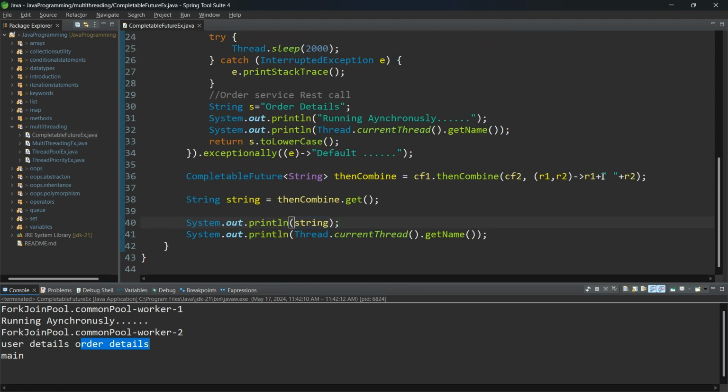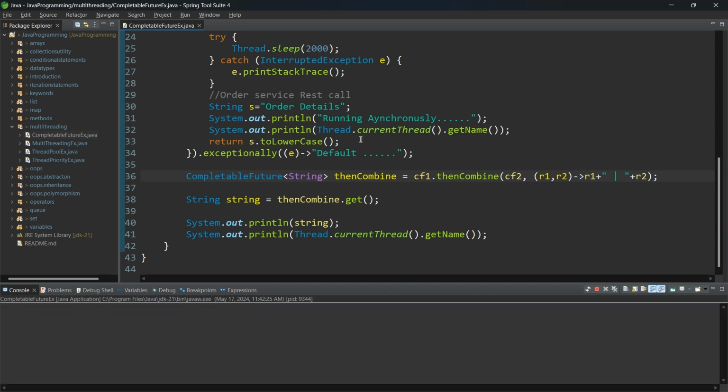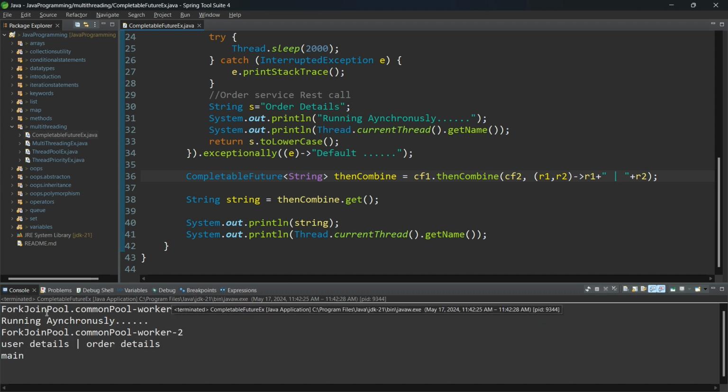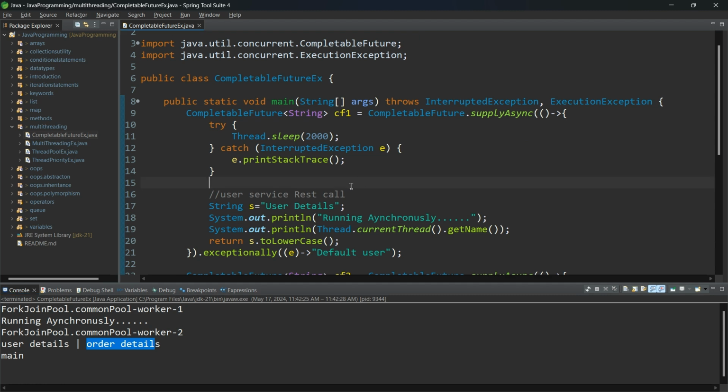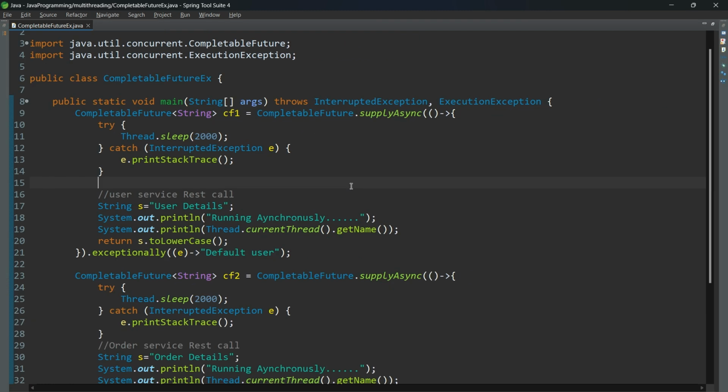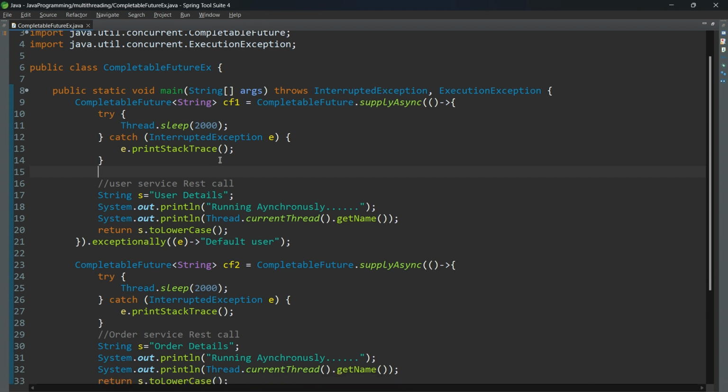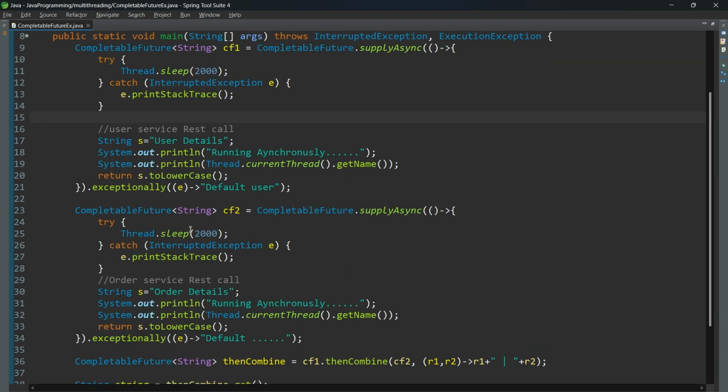So this is about combining CompletableFutures, I mean more than one future. So user details and order details. In real time, it may be a JSON object, a user object along with order details. So like this, we can combine. So I hope you got some clarity. So what is CompletableFuture? How to get a CompletableFuture, what is runAsync and what is supplyAsync? How to combine? How to handle exceptions? Like this, I explained almost all